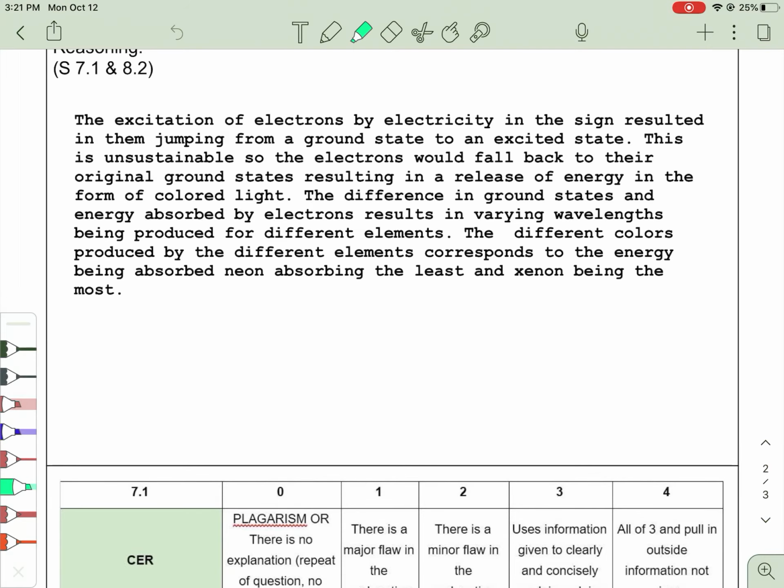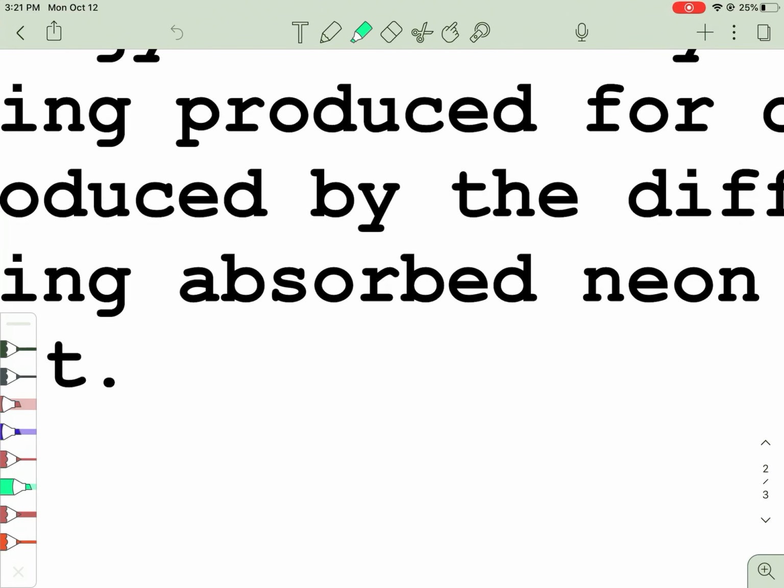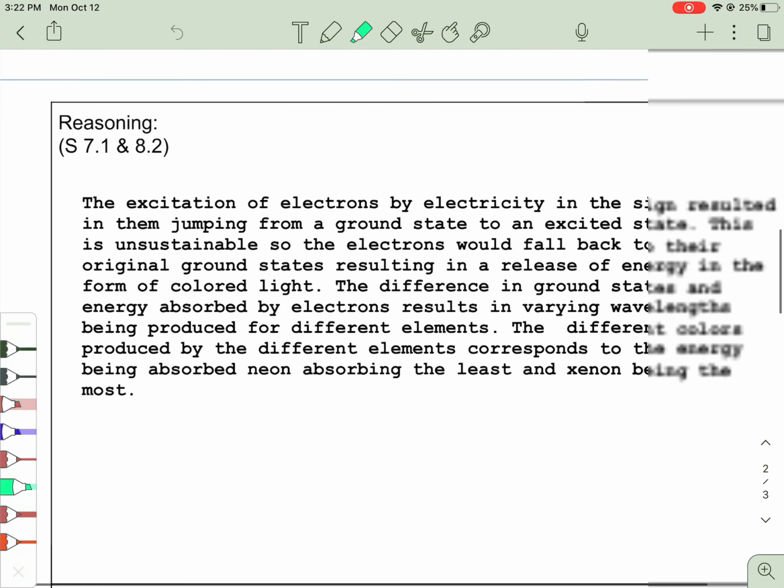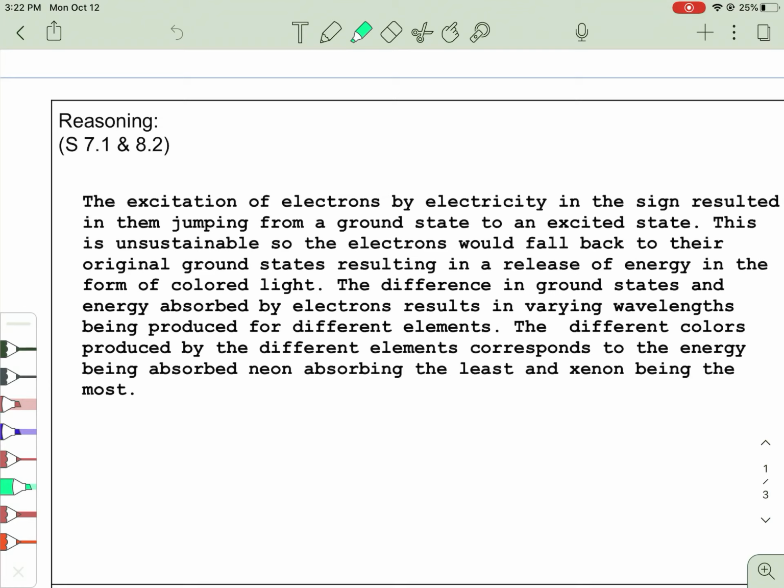Then after this, you would include those energy levels, that blue would produce a wavelength between this and this, resulting in this energy level, or things like that. But we needed to explain that the excitation of electrons by electricity in the sign resulted in them jumping from a ground state to an excited state. This is unsustainable, so the electrons would fall back to their original ground state, resulting in the release of energy in the form of colored light. They're going to give off those wavelengths. The difference in ground states and energy absorbed by electrons will result in varying wavelengths being produced for different elements. The different colors produced by the different elements correspond with the energy being absorbed, neon absorbing the least and